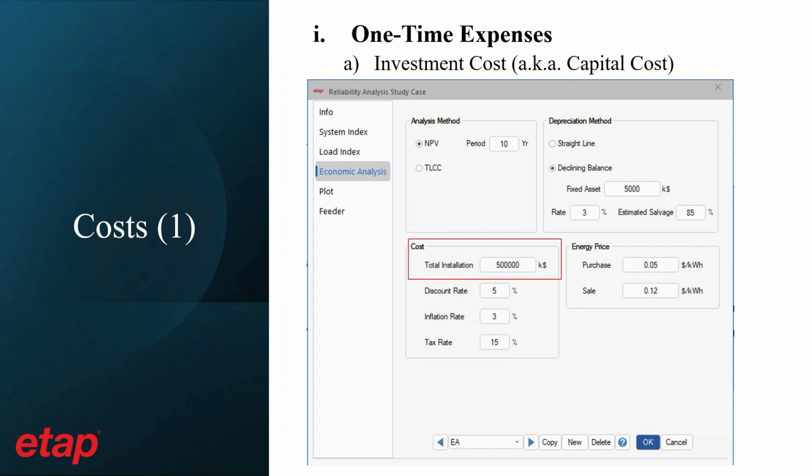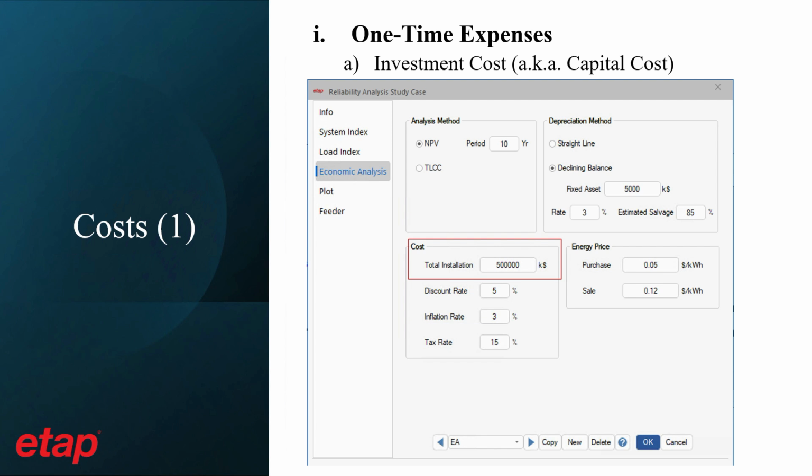So the accuracy of economic analysis study is highly tied with how accurate the costs and incomes are modeled. So as we mentioned before, the costs can be generally categorized into two types. The first one is the one-time cost, which is referred to as investment cost or capital cost. So the investment cost is the one that is assumed to occur only one time at year zero of the